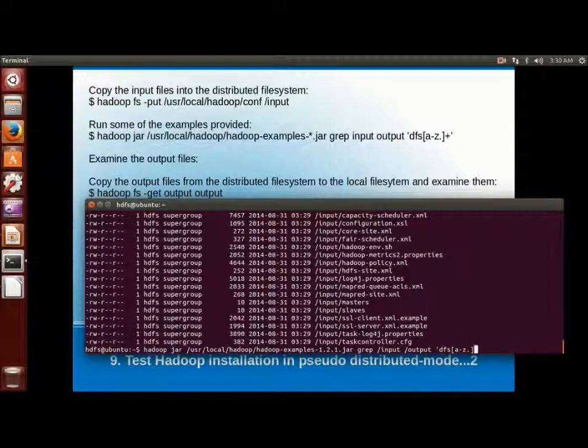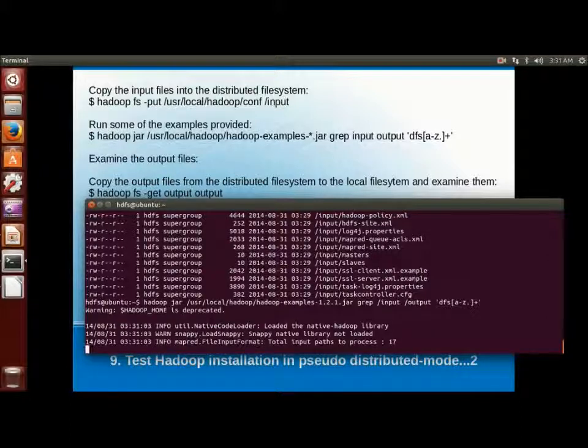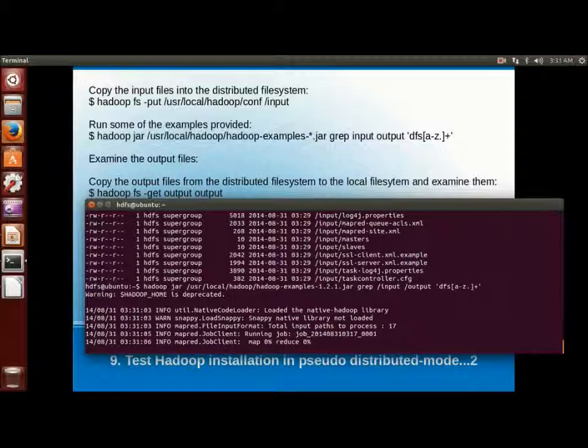All the lines which contain dfs will be copied to the output directory as the output of this command, so the output directory gets the lines satisfying the given regular expression.